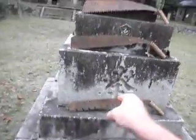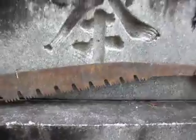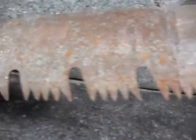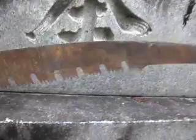But wait, there's more. If you call within the next 10 minutes, you will also receive this awesome, it's not an eyesore, an ice saw. Handle's sturdy enough. And yeah, this is an ice saw used to cut blocks of ice. And the teeth are good. This one here, the kanji's all faded away, or just a little rust. Maybe if you use it, you clean it up. You receive that too. So you receive all of these saws,